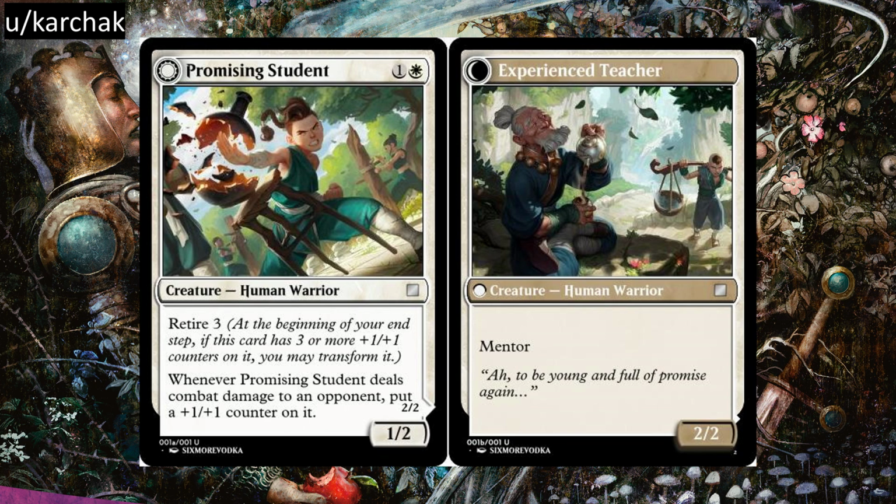In terms of game rules, I'm not a game rule expert. When you transform it, does it lose those counters? Because a lot of times it says exile it and return it to the battlefield transformed. If it doesn't lose those counters, this could be an interesting card, which I don't think it does lose those counters. But the idea here is that you keep fighting, and you're a promising student, and eventually you've done all your combat, you've hit an opponent a couple times, and now you can mentor a student and put counters on them,